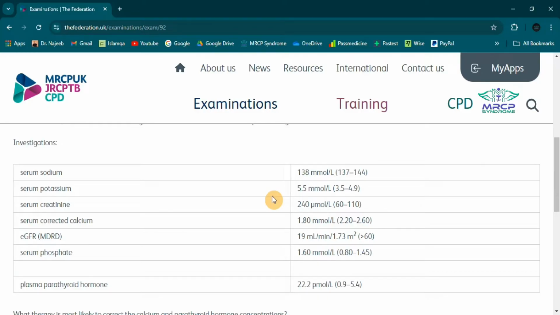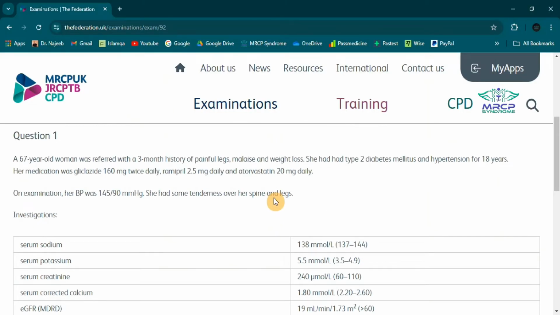And alternatively, secondary and tertiary hyperparathyroidism will always have a deranged renal function test. If there is a normal renal function test, secondary and tertiary hyperparathyroidism are excluded. To differentiate between secondary and tertiary hyperparathyroidism, we need to look at the serum calcium level. In case of secondary hyperparathyroidism, there would be hypocalcemia, and in case of tertiary hyperparathyroidism, there would be hypercalcemia. So this patient presentation along with the laboratory findings suggests secondary hyperparathyroidism due to CKD, chronic kidney